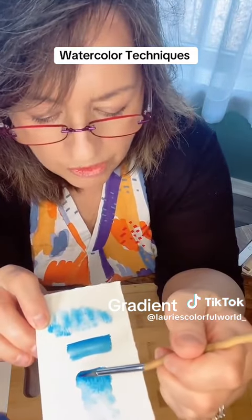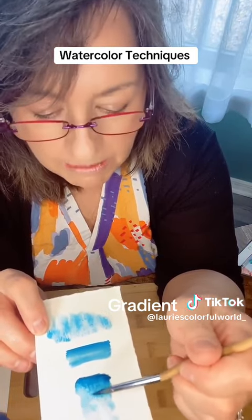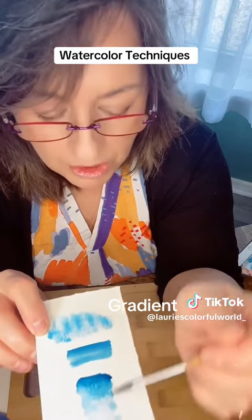You start with full on pigment, and then a little less pigment, and a little less, until you have almost no pigment left on your brush. But then you